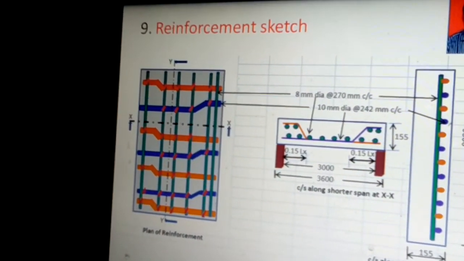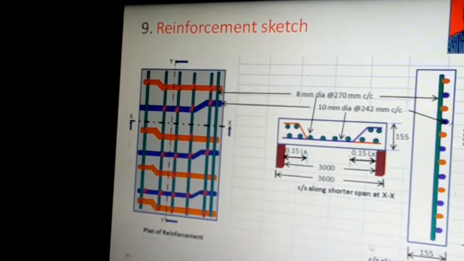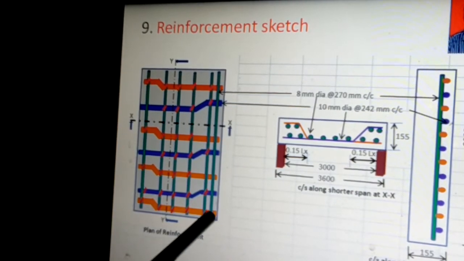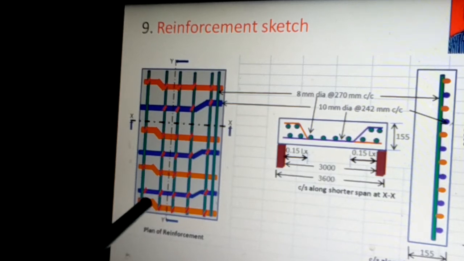there is one bar coming from the right side, going bent up near the support, and this bent up is provided to take care of any negative moments if arises on the top of the